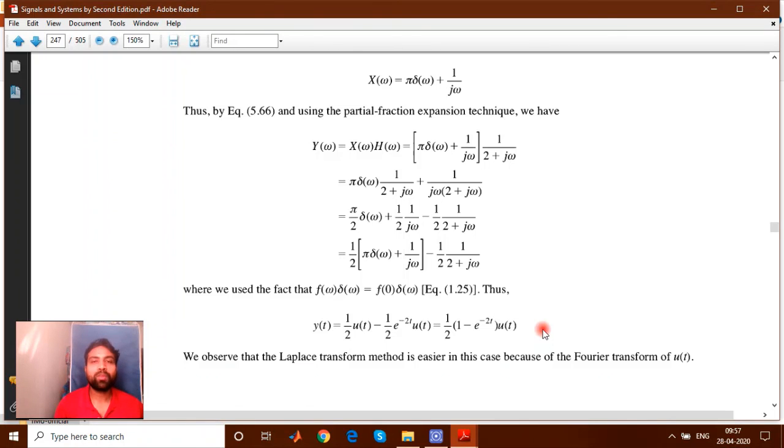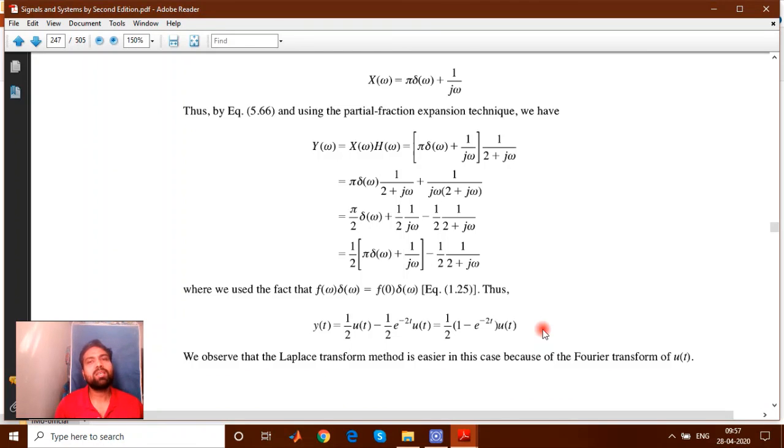I hope you would be able to solve more questions on system equations. The system equations can easily be sorted out with the help of the frequency domain, because in the frequency domain you have a multiplication process. So keep doing, keep working, keep practicing. If you are finding any difficulty in an equation, you may ask me. Well, I hope you would be able to solve all the system equations and system responses of Laplace as well as the Fourier transform.